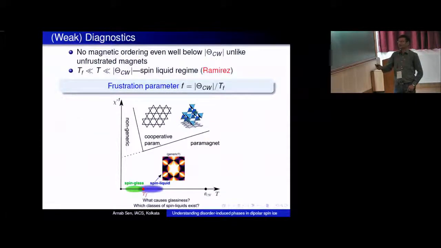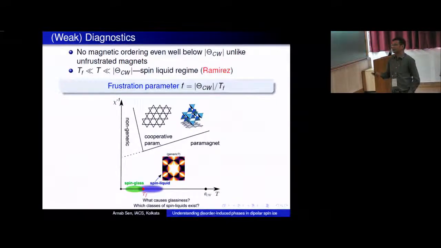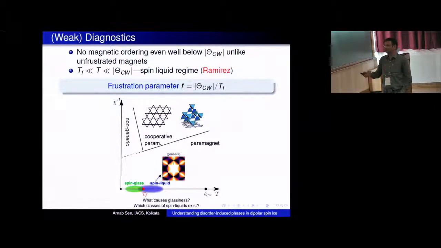So, of course, this is again something which we saw in the tutorials. So you might ask, what's the weak diagnostics for a spin liquid, or something which might have a tendency to a spin liquid at least at some finite temperature? Then, as was pointed out in several talks, one may look at the magnetic susceptibility, and at high temperature, like any other magnetic system, it follows the Curie-Weiss law, from which you can extrapolate what the Curie-Weiss temperature scale is. But unlike other systems, even if you go far below the Curie-Weiss temperature, you still see no